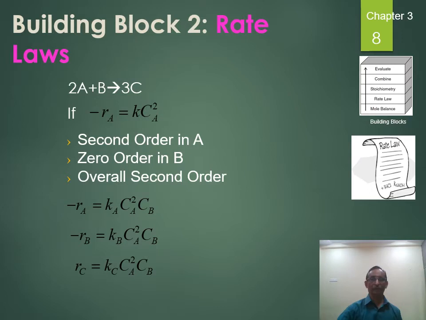Second order in A, 0 order in B, because they have not considered the concentration. Concentration raised to 0 means maybe B is in ample supply, maybe water or nitrogen blanketing. In that case we neglect the concentration of B if it is in excess quantity. So they have not considered Cb raised to 1, they have considered Cb raised to 0, meaning the order of the reaction with reference to B is 0. Therefore the overall order of the reaction is 2 plus 0, that is 2.